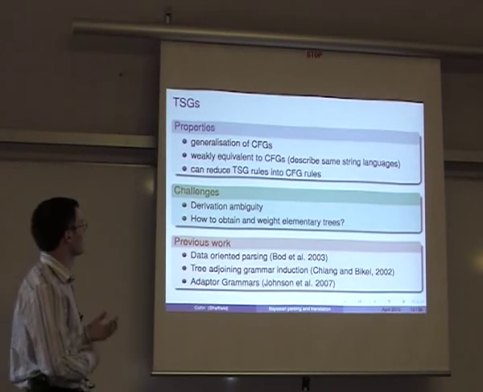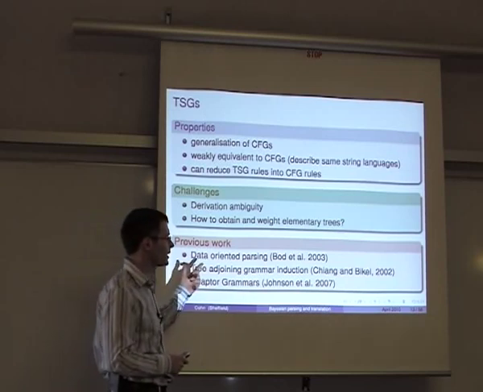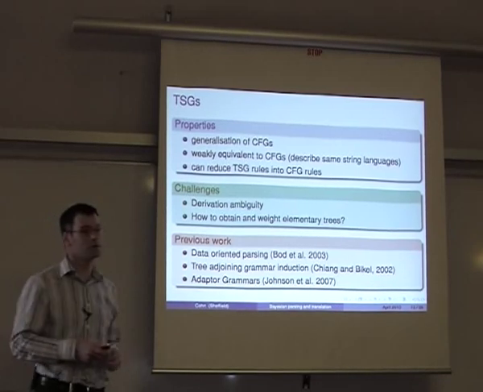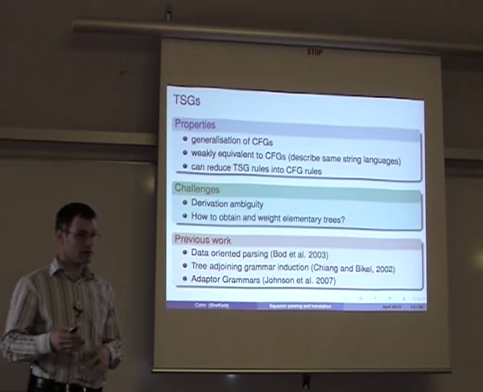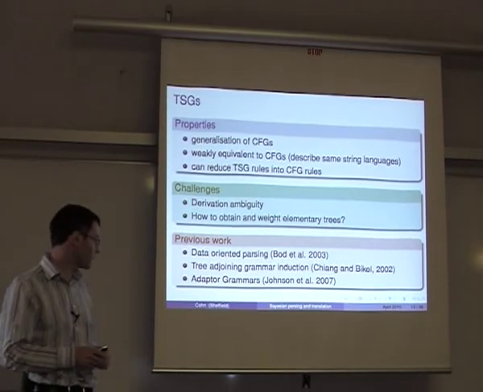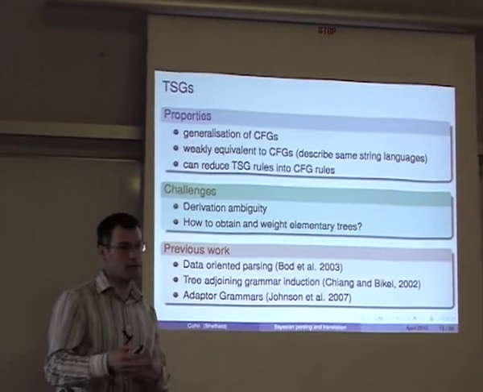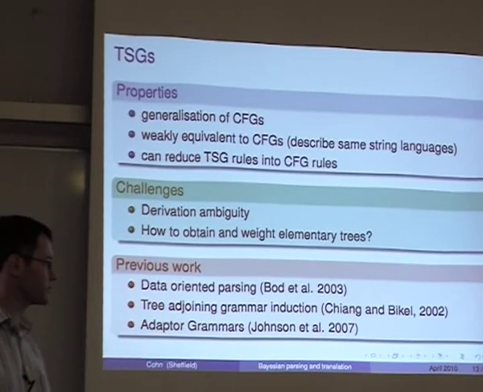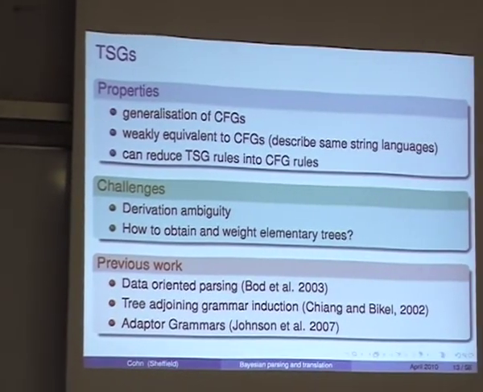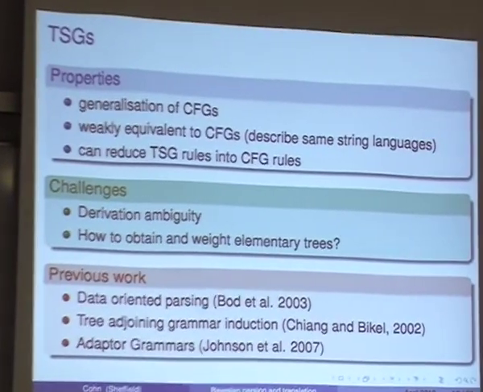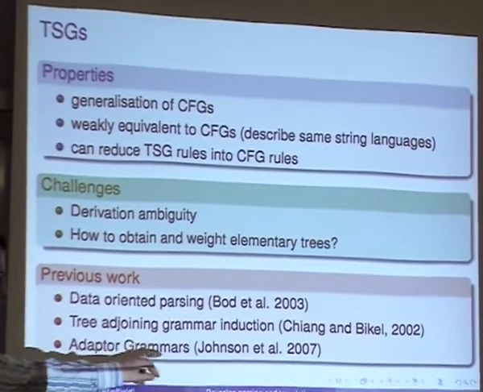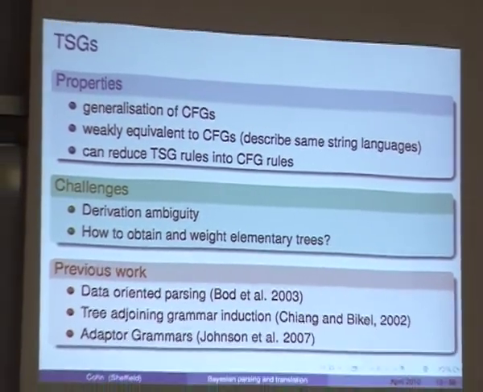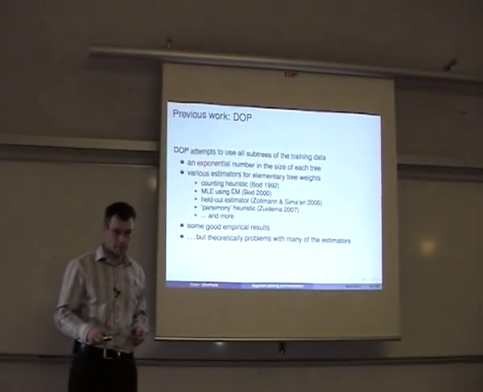Previous work in TSGs comes under the banner of data-oriented parsing. Also, there are tree-adjoining grammars, which are a superset of tree substitution grammars. They have an extra operator which allows them to describe some slightly more interesting phenomena, but they also contain the substitution operator and can have arbitrarily large trees. And there's also some work on adaptive grammars, which are a special framework for learning unsupervised deep trees from data. Effectively, what we've done in this work is taken the adaptive grammar framework and extended it such that it can support full tree substitution grammar. We've done it in a similar way to the adaptive grammar paper of Johnson.